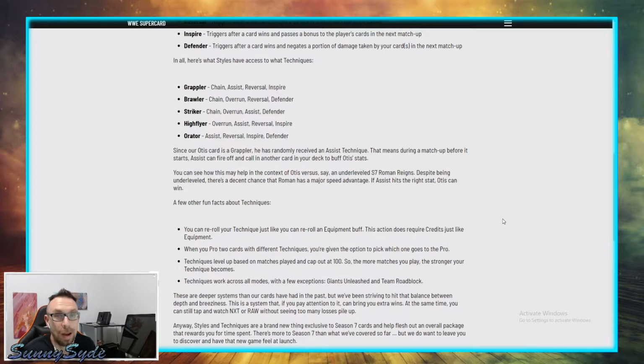Okay, I want a grappler. That means that during the matchup before it starts, assist can fire off, call in another card from your deck, and buff Otis's stats. I like that. I wonder what the percentages are, though. Like, is it 42%? Because I swear to God, it's not 42% on your cards. It's like 20% on your cards, like 62, 64% on their cards, for a combined 84% between the two